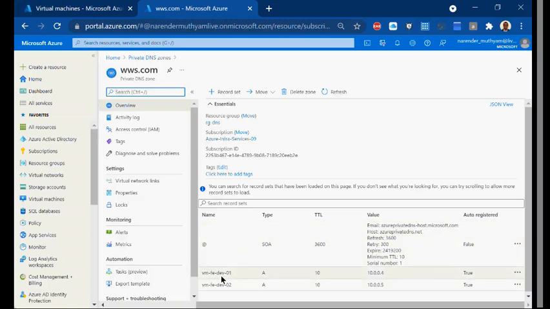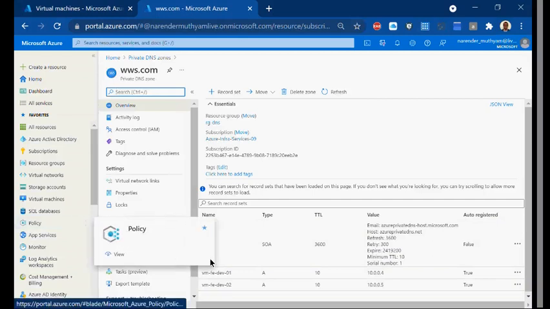So what happens whenever dev VM1 wants to talk to dev VM2? It will first ask wws.com, hey, wws.com, do you have any information about VM2? Then wws.com says, yeah, here you go, 10.0.0.5 is the IP address of VM2. Then VM1 will take that IP and connect to VM2 without having to go out of my cloud, right?